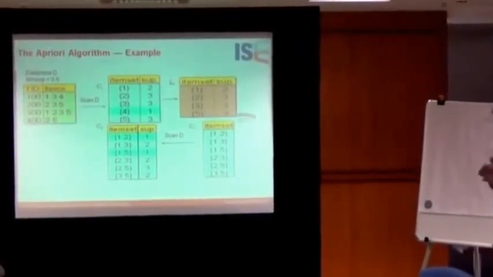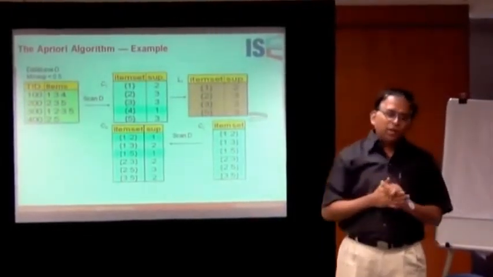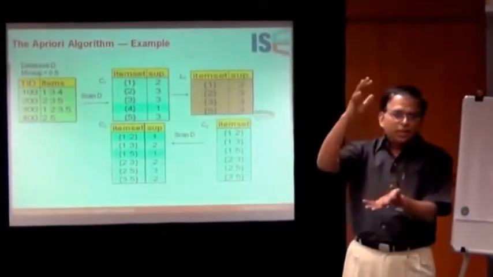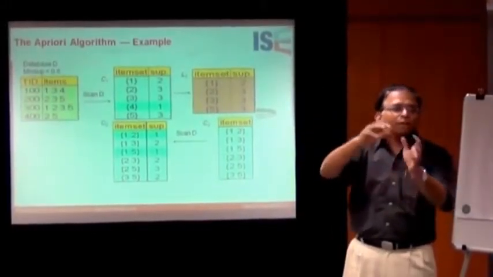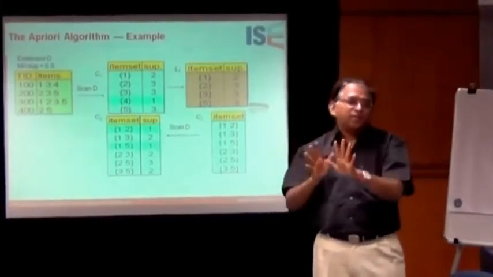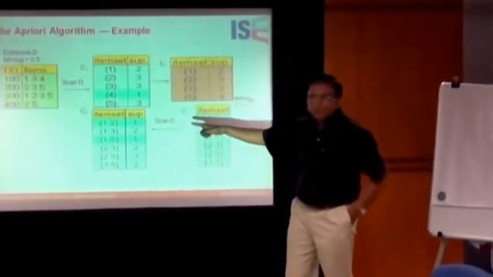In fact, I'll mention that after this. You actually do not need to do scans at all, so we'll come to that. We can get it to a data structure which compresses the whole thing, pre-process it once, so that you can get all subsets. This is just to understand the steps.